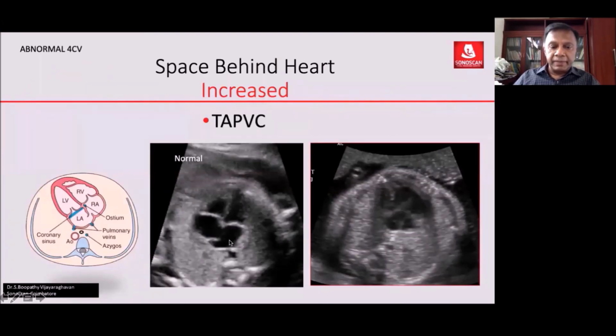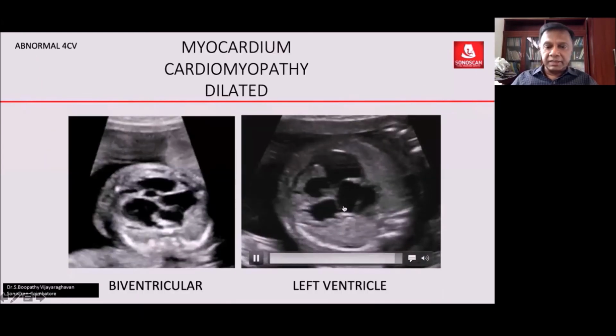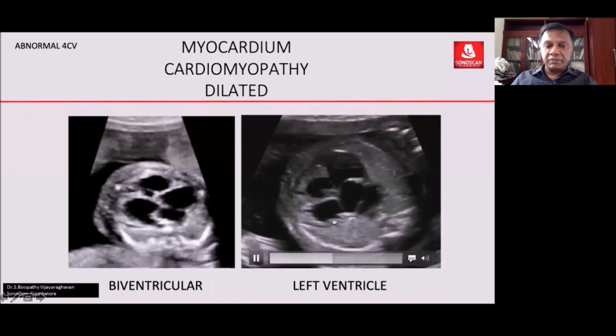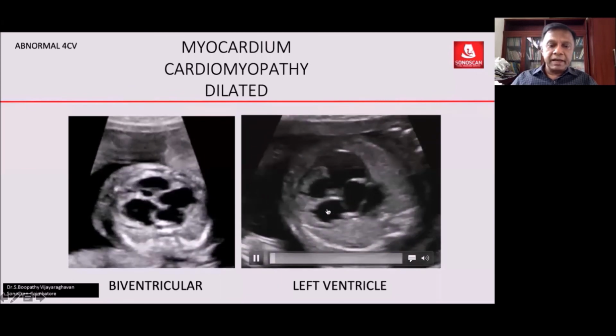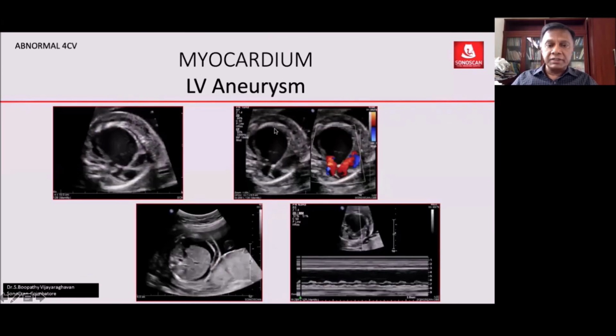See here, the left atrium is close to the aorta, which is normal, whereas here the left atrium is far away from the aorta. That is rhabdomyoma. So when you see rhabdomyoma, it may be forming part of tuberous sclerosis. Now here it is only the left ventricle which is involved. It fails to contract and it is dilated, whereas the right ventricle contracts nicely. And if you see, there is a focal bulge of the left ventricle,